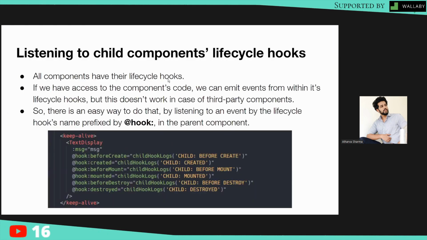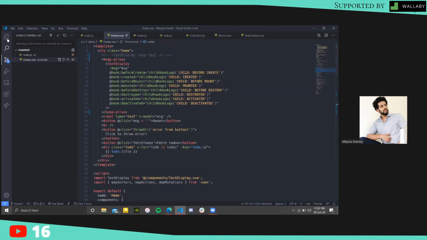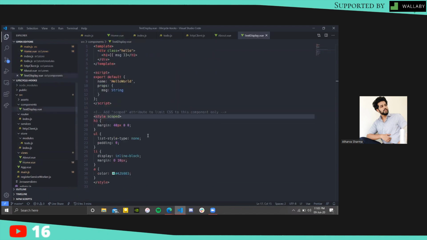Now, listening to child components' lifecycle hooks. We have talked about this previously a little bit, but we'll go much more into depth right now, and we'll see that there are many ways you can think of listening to child lifecycle hooks. One of them might be that you go inside the child component and emit events which you can listen to.